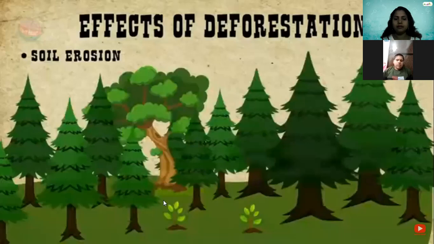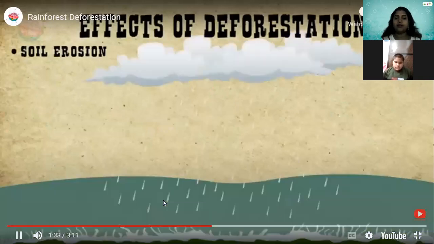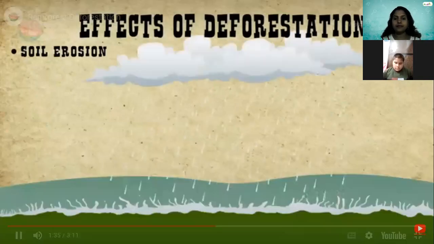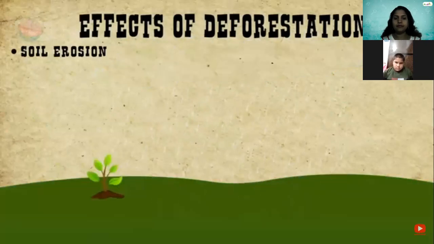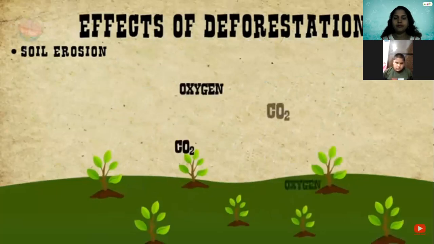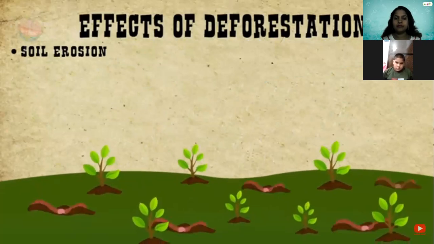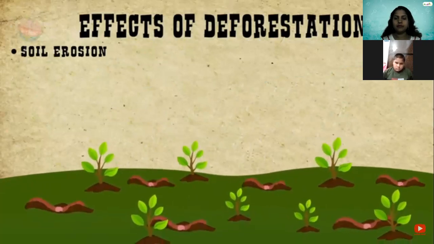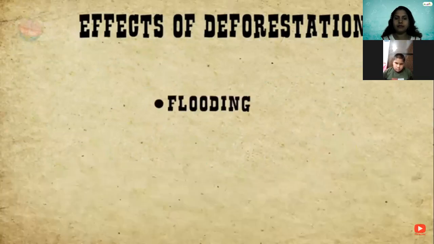Soil erosion. Listen, this is also very important. When trees and plants are removed, the rain washes all of the nutrients in the top of the soil away. As you probably already know, soil allows plants to grow and for gas exchanges to happen between the land and air. Soil also provides habitat for most of the organisms on Earth. It holds and cleans water and recycles nutrients.